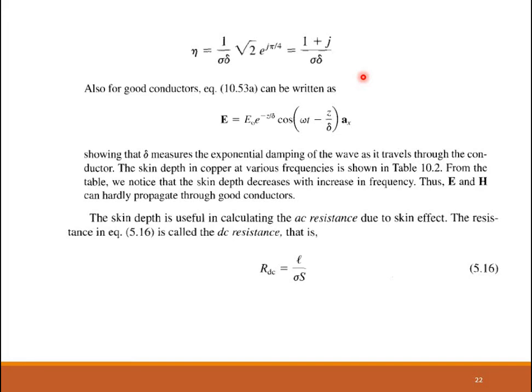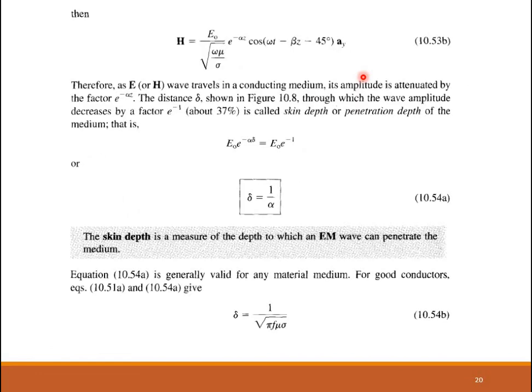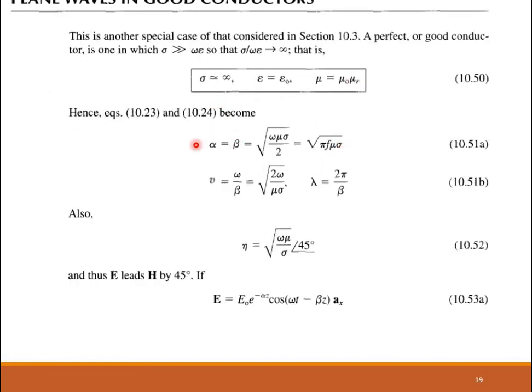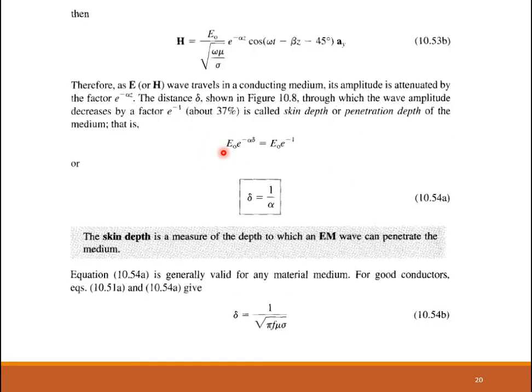See, there are basically 3 equations that we need to consider in order to get this. The first equation is the equation for alpha, this 10.51a. Then we are also using this relation that delta is equal to 1 by alpha. This equation is also used, and we are also using this equation. So using these three equations, when you rearrange,